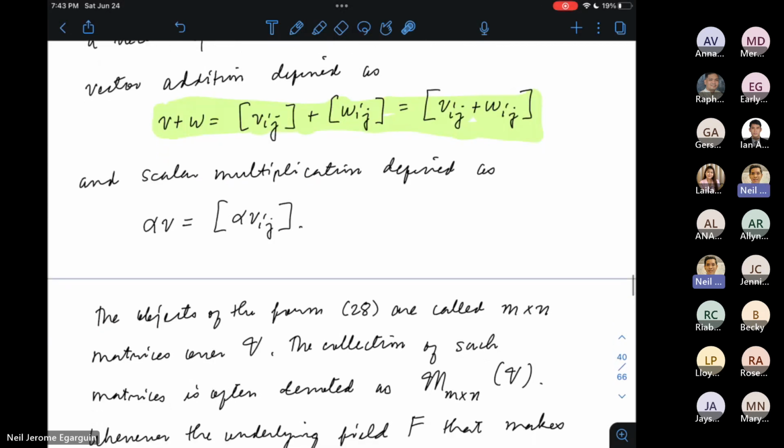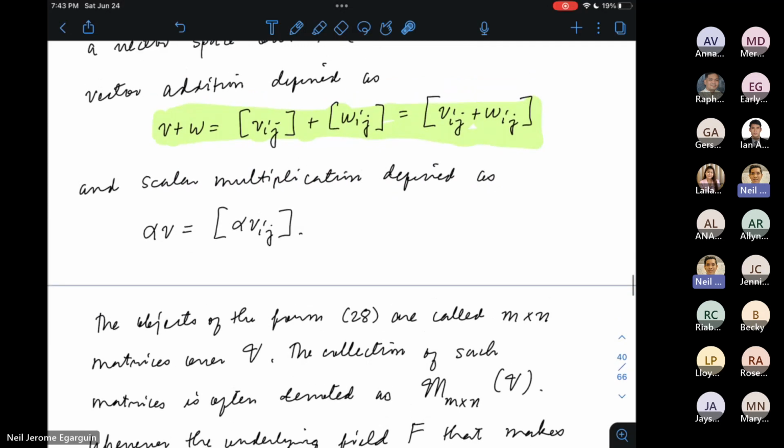Okay. Now, the collection of all such matrices, which we will denote by this, is a vector space. All right? So curly M, para malaman natin right away na siya ay set of all matrices, yung subscript, siya yung dimensions ng matrix. Ilang rows, meron kang M rows, ilang columns, meron kang N columns. So this is basically the set of all M by N matrices na ang entries ay nanggagaling kay vector space V. Okay? So is that okay? So medyo sinisimulan ko nang i-define kung ano yung itsura ng mga matrices.